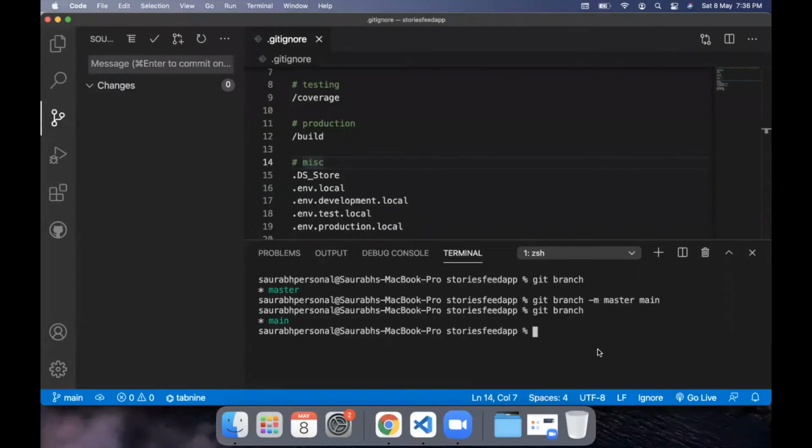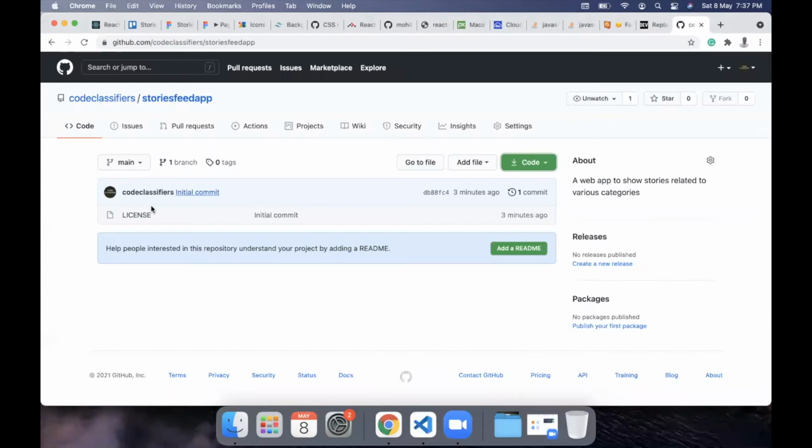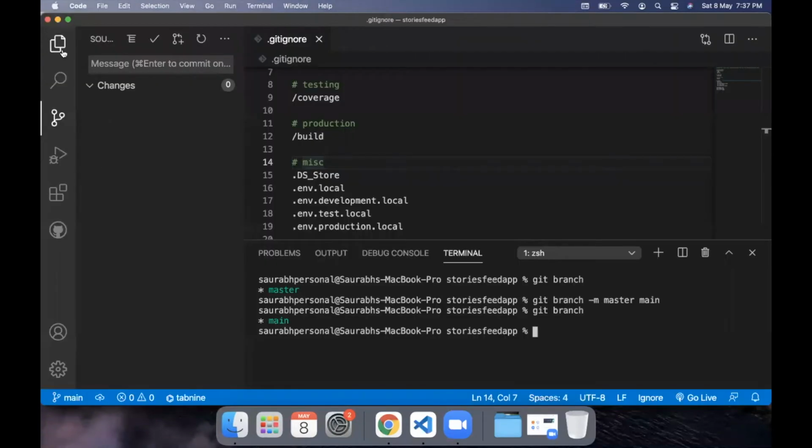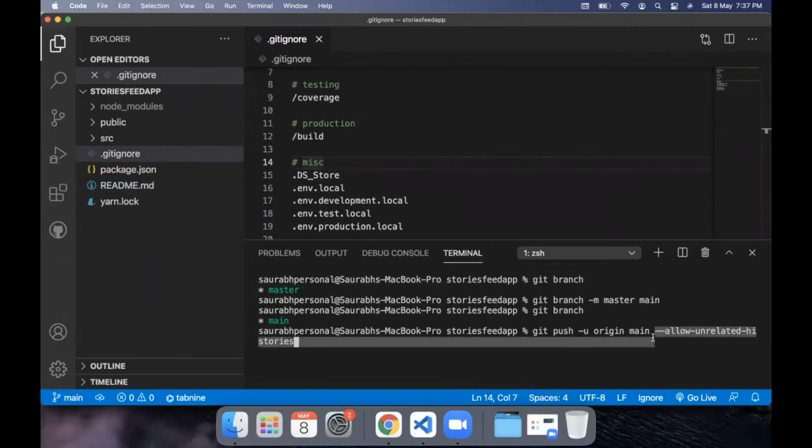So what I'm going to do is run another command, which is git pull -u origin main, so that I take this license file which is present here into my local project because it is not there. And along with that, I'm going to write a flag which is allow unrelated histories. So this is going to allow me to pull the code. If you want, you can search about this flag on your own and understand what this does. So that is going to be another task that you can do.